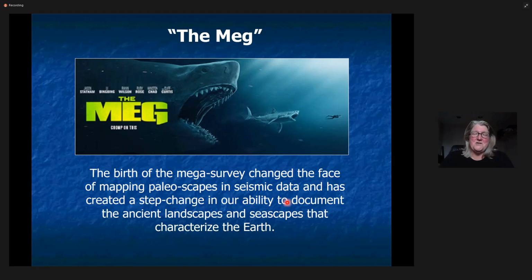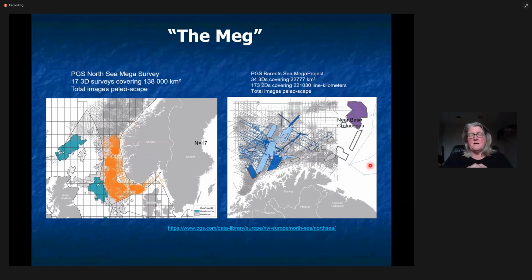But I use it to represent the MEG survey because the MEG changes the face of our understanding of seismic geomorphology. It has created a step change in our ability to document ancient landscapes and seascapes that characterize the Earth's surface. If we look at some of these mega surveys, a bunch have been collected together in the North Sea. The PGS North Sea mega survey